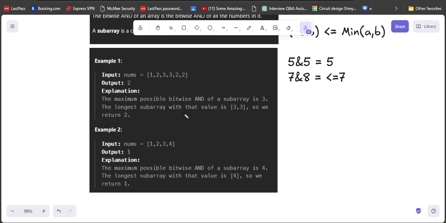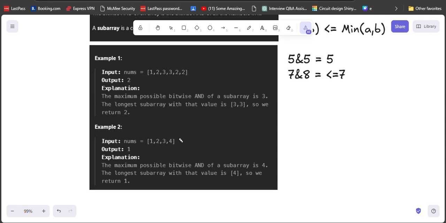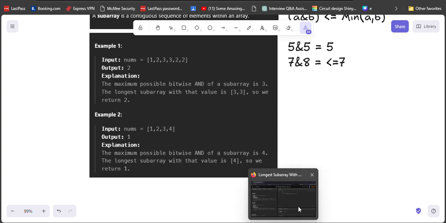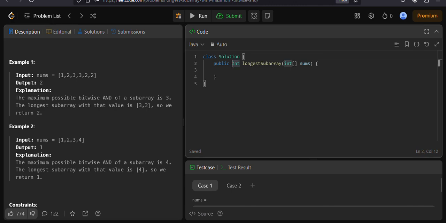ठीक है. ये प्रॉब्लम को सॉल्व करने के लिए फर्स्टली वी हैव टू फाइंड द मैक्सिमम एलिमेंट ऑफ एन एरे. मीन्स पूरे एरे में कौन सा एलिमेंट मैक्सिमम है. हियर इट इज 4. बट अगर मैं 4 को किसी और के साथ एंड ऑपरेशन परफॉर्म कराऊं, किसी भी लेसर एलिमेंट के साथ, तो मेरे को हमेशा छोटा वैल्यू मिलेगा. बट वी हैव टू फाइंड द मैक्सिमम पॉसिबल बिटवाइज एंड. तो अपन सिर्फ सब एरे में 4 कंसिडर करेंगे. समझा? आई होप यू अंडरस्टैंड. लेट्स कोड इट एंड मेक इट मोर क्लियर.